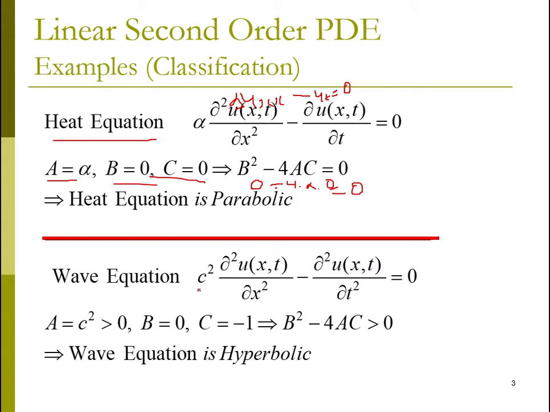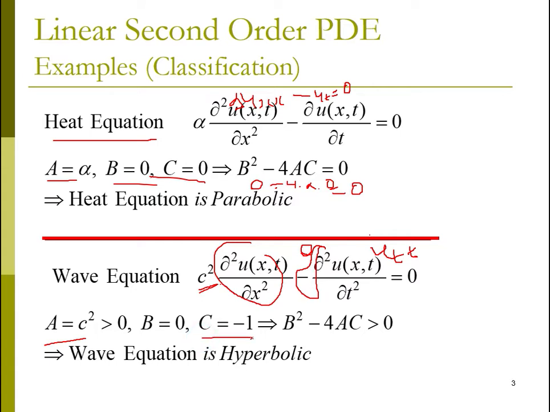Wave equation, c square into uxx, the coefficient of uxx is equal to c square, so a is equal to c square, which is greater than 0, and uxt, the coefficient of uxt is equal to 0, and the coefficient of utt, utt is equal to del square u upon del t square, and the coefficient of utt is minus 1,